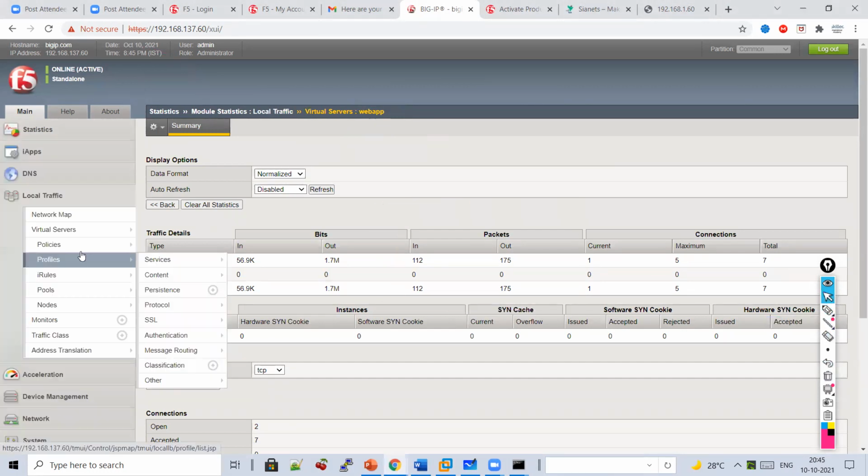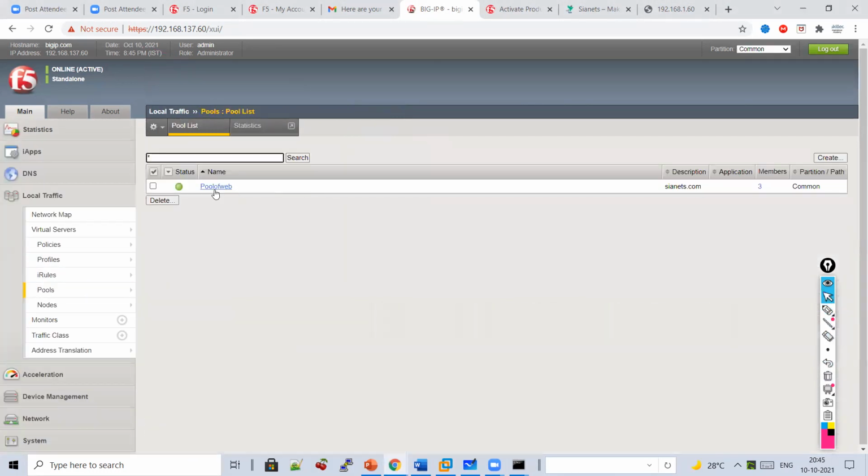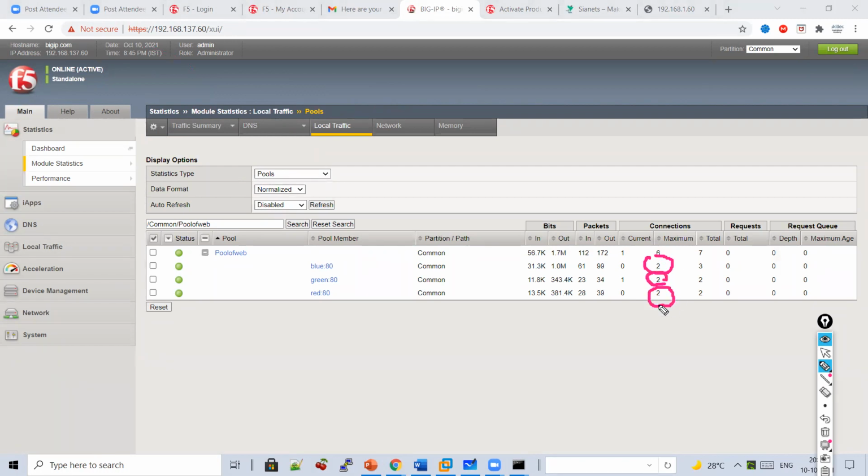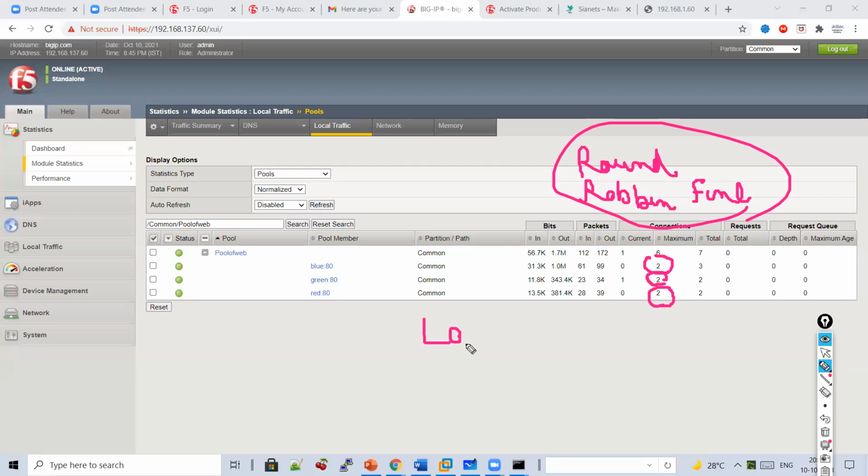Now let me go to pool member to see whether load balancing is happening between the 3 servers. Can you see this? 2 connections are on the red server, 2 connections on green, 2 connections on blue, which means round robin is working perfectly fine. So our lab is a success.